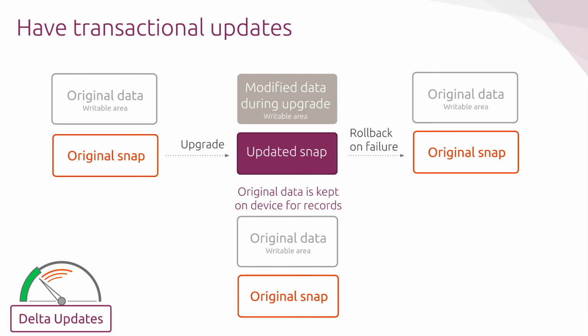Transactional updates are one of the most important features of snaps. Updates are either pushed automatically from the snap store or requested on demand from the device. Upgrades and updates are inherently secure, and we like to say that they are bulletproof and mission critical, mainly because, on the one hand, the snaps are signed by default, and on the other hand, because during an update, the original package's binary and data are kept until the new release is installed. And so if the update process fails or the new service doesn't start or breaks the system, an automatic rollback